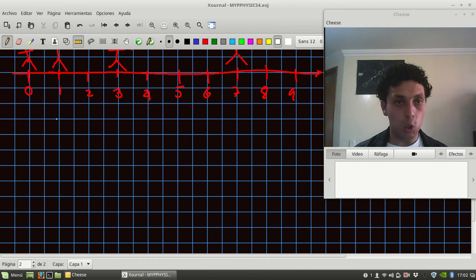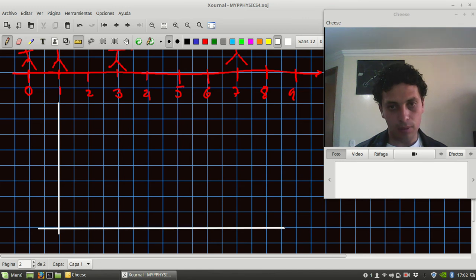The graph should look like this. This is going to be displacement, and this is going to be time. Let's say that the time is in seconds, displacement in meters. Okay, so for 1 second we're at 1 meter. Okay, this position. At 2 seconds